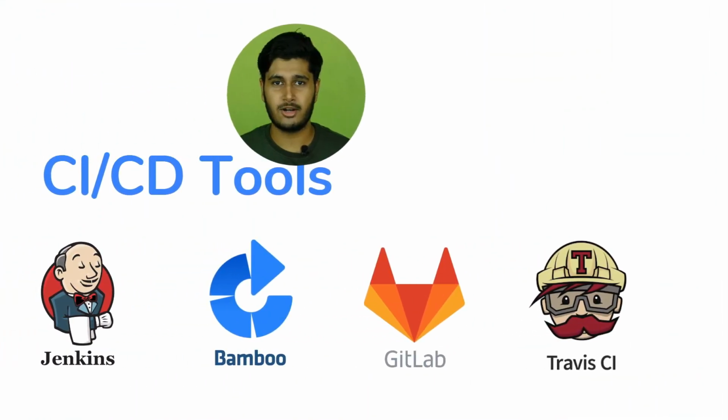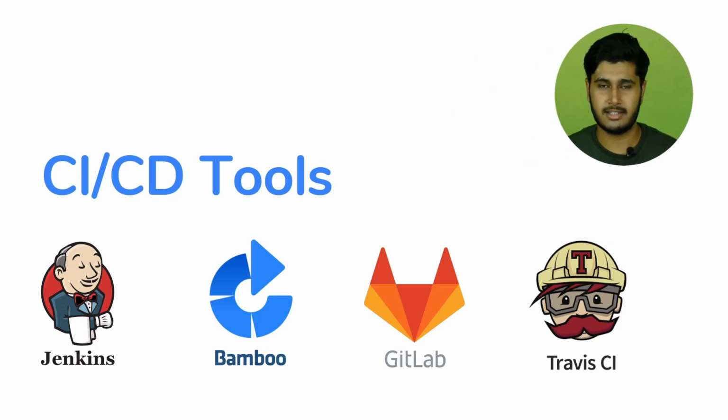Till now, we have talked about the problem that CI/CD is solving. Then we discussed what CI is and what CD is in detail. Now let's look at the different CI/CD tools that you are going to use to build your own CI/CD pipelines. There is one tool named Jenkins. It is an open source tool. It can serve for the continuous integration part and for the continuous deployment part as well. Next up, we have some non-open source tools such as Bamboo from Atlassian. GitLab CI is also quite popular nowadays. We also have Travis CI.